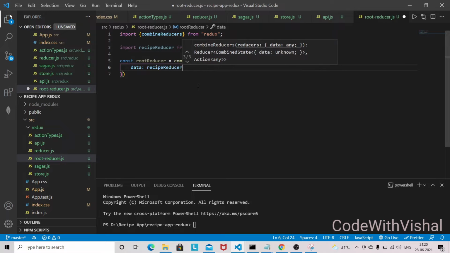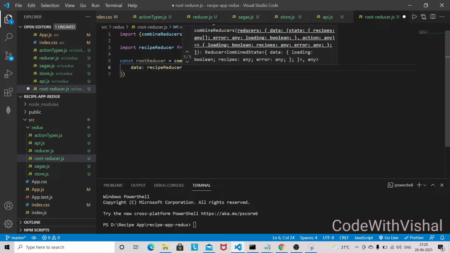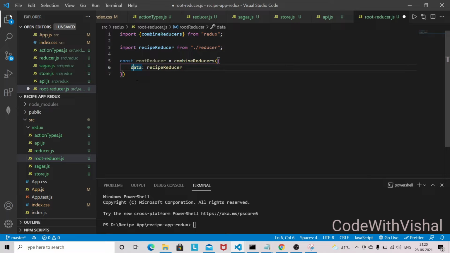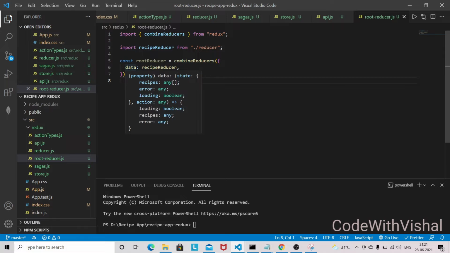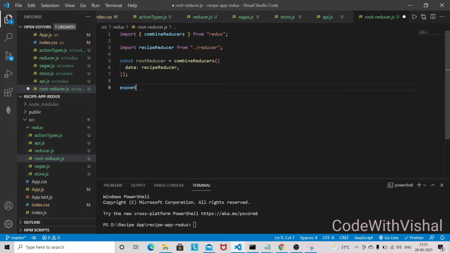So here our reducer is registered with the data key, so we are going to access the state using data only from state. Now export default root reducer.